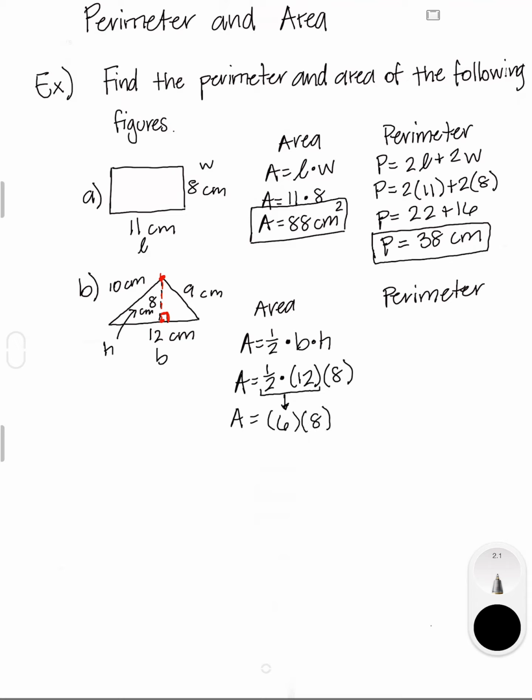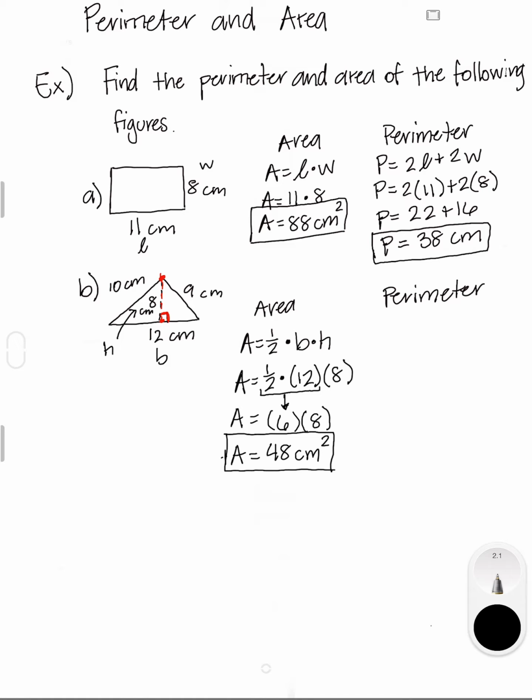So 6 times 8 gives us 48. And then again, centimeters square. So units have to be squared for the area all the time. It can be feet square, meter square, whatever units are given to us, but to the second power